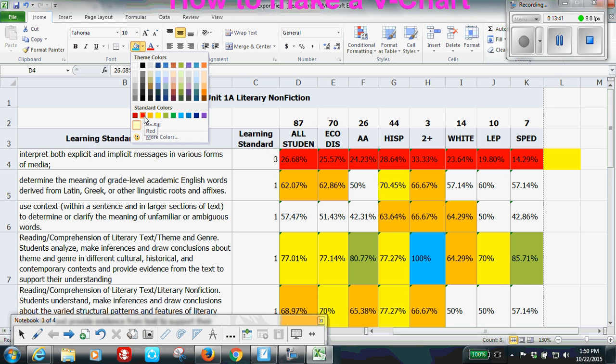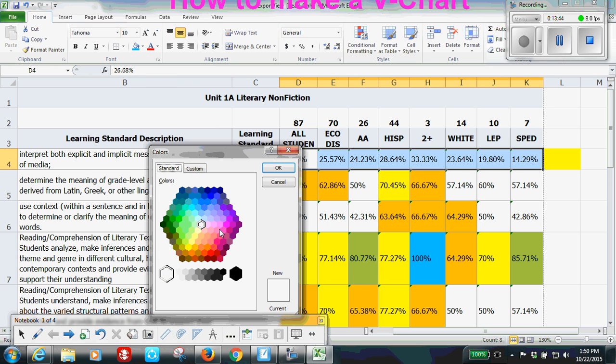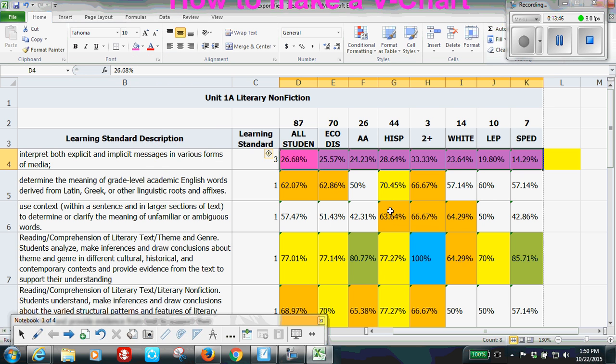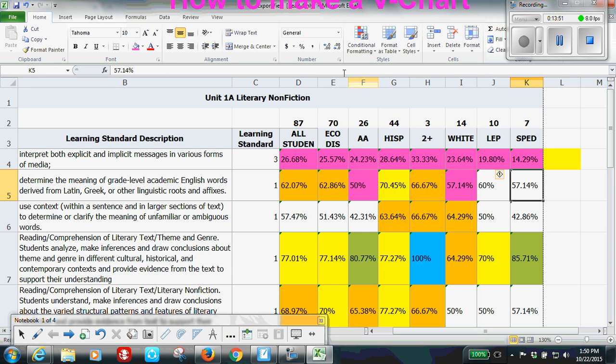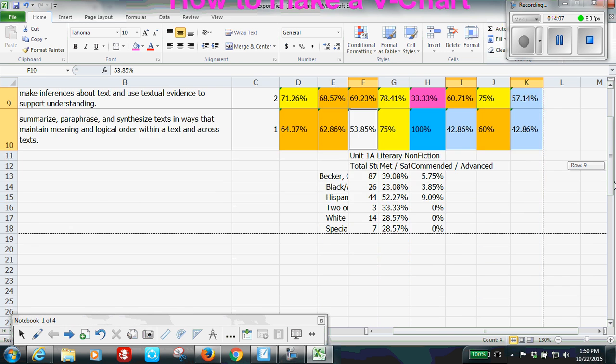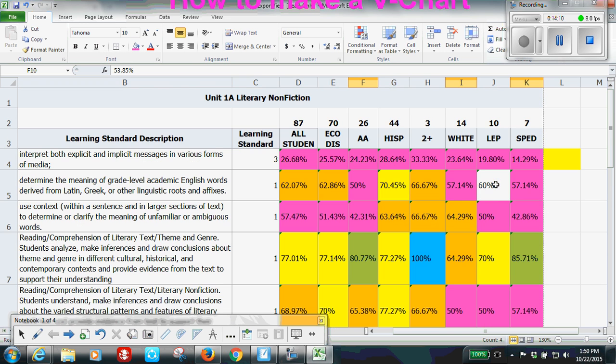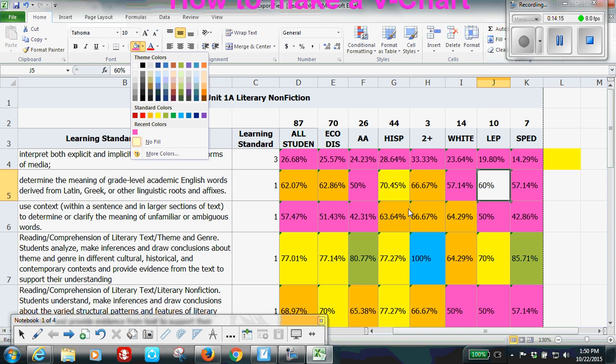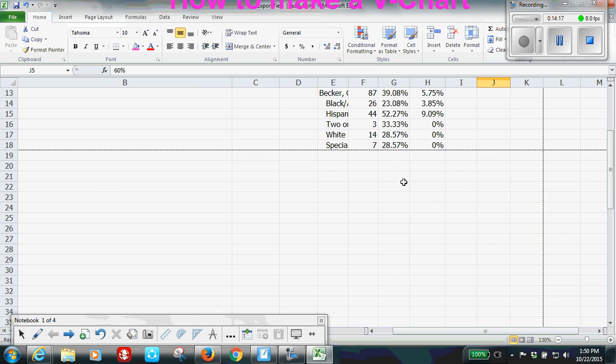So those are going to be hot pink, hot pink, hot pink. Hot pink, and the last one I missed was a 60, and so that one needs to be orange. All right, so now that I have it all highlighted, and here's my information,